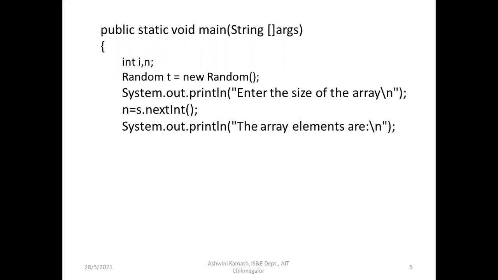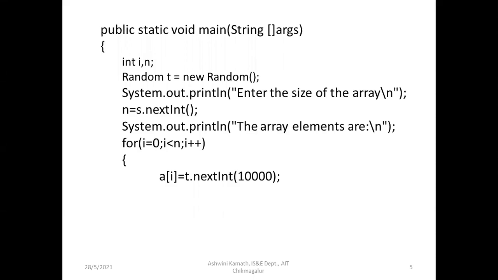We are taking a random number generator. That's why I have created the variable t here. For i equal to 0, i less than n, i plus plus, so n numbers we are going to store here. We are creating them using the random number generator: a[i] = t.nextInt(10000). Okay, 10,000 is the bound for your random number generator.